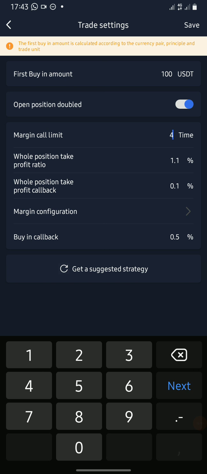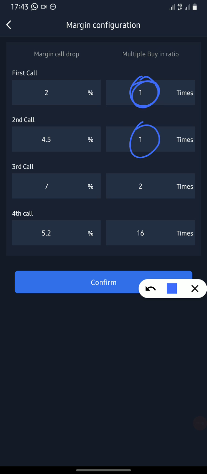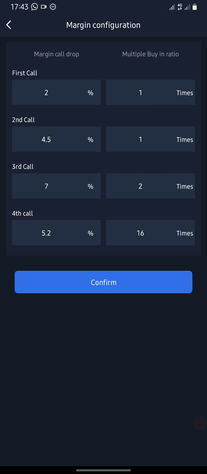Is that right? You can see it has changed again. Now 4 calls here. We have 100 at our entry, first buying amount, plus 100, that's 200. Open position double too, that's another 100. That is in total now we have 300 here, plus 100, 400, plus you change this one to 1,